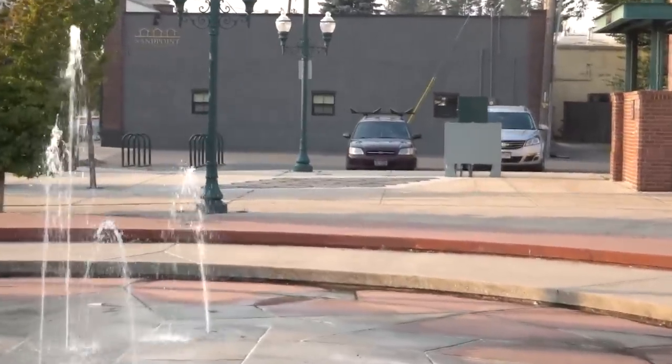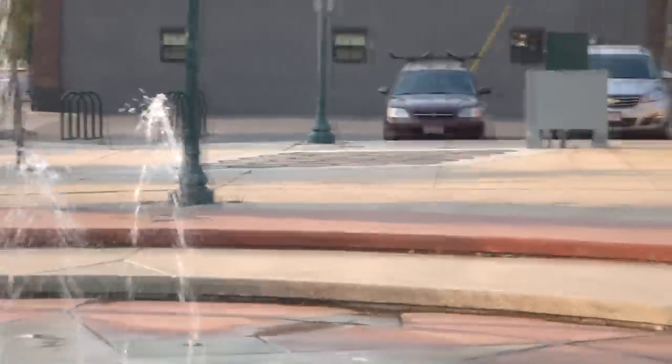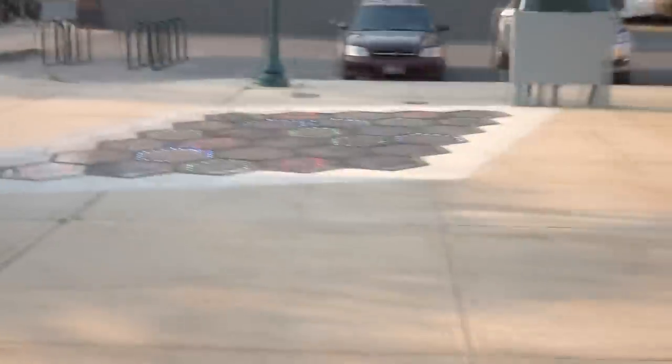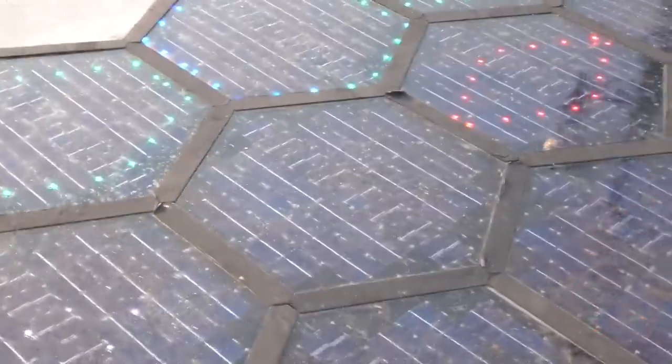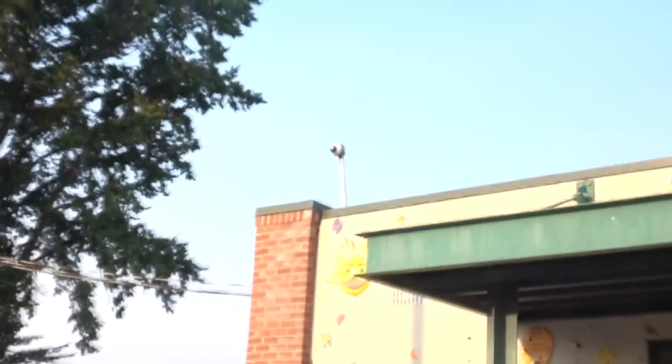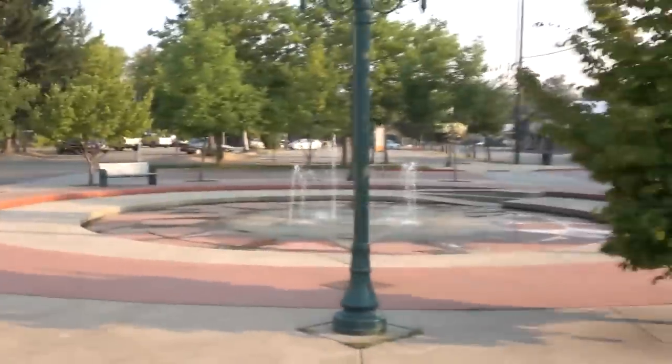Okay, so I'm not actually that far away from it at the moment, and you can just about make out the light. So I'm going to do my stridey thing. So 1, 2, 3, 4, 5, 6, 7, 8, 9, 10, 11, 12, 13, 14, 15, 16, 17, 18, 19, 20, 21, 23, 24, 25, 26, 28, 29, 30, 31, 32. So about 35 yards, give or take, and it's almost completely invisible. And that is for anyone who's actually watching. And all of this was just meant to power the restrooms and the fountain and...